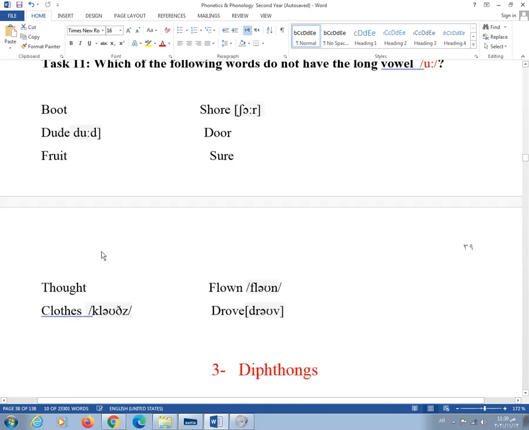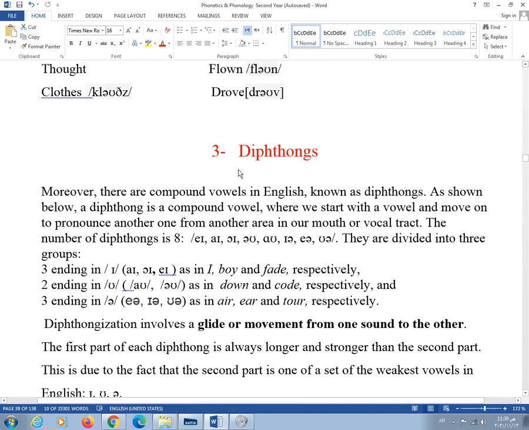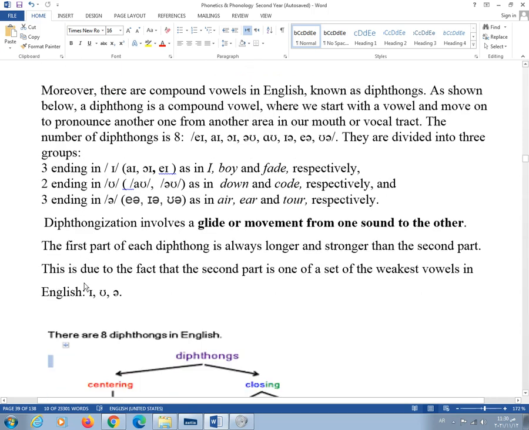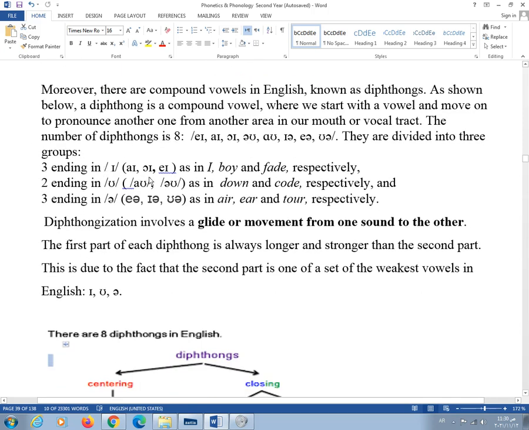And then we'll move to the third group, diphthongs, and let's see. We have compound vowels, which are known as diphthongs, and a diphthong starts with a vowel, and we move on to pronounce another vowel from another area in the mouth or vocal tract. The number of diphthongs, as we said, is 8, and they are divided into 3 groups. The first one ending in I, Oi, and A. Second in O, as in ow and O, and the third ends in schwa, which includes A,